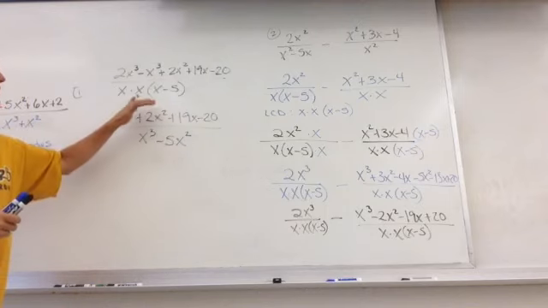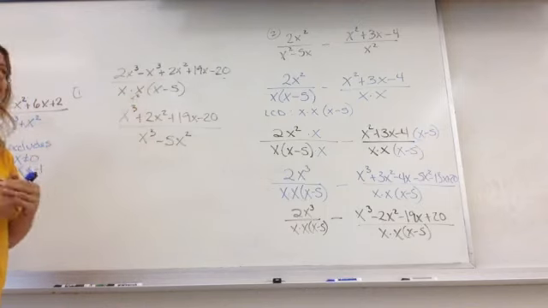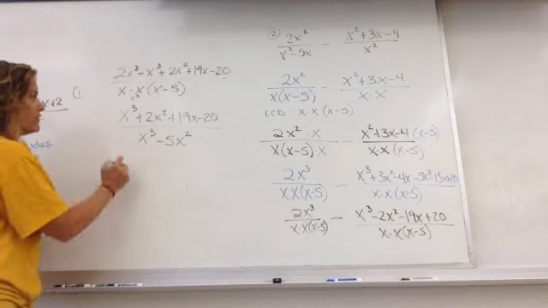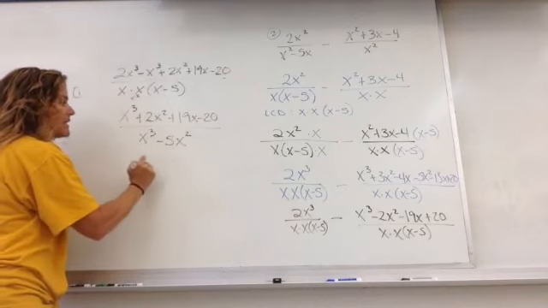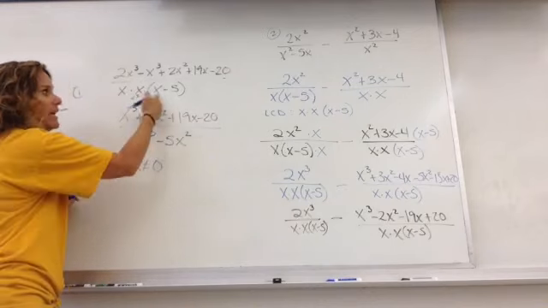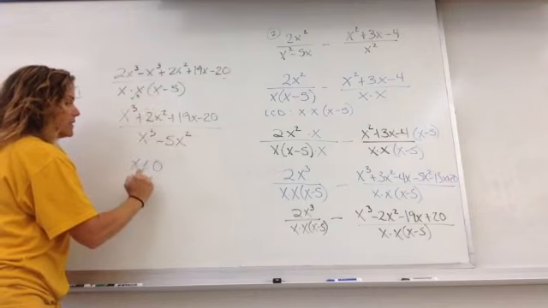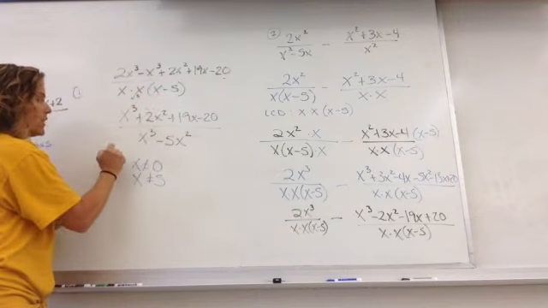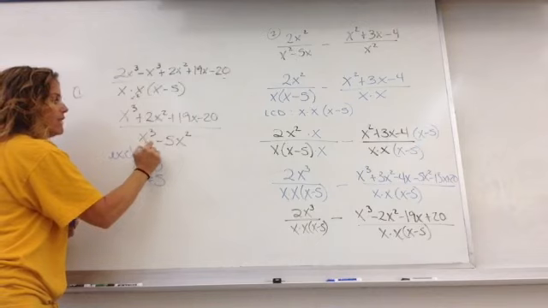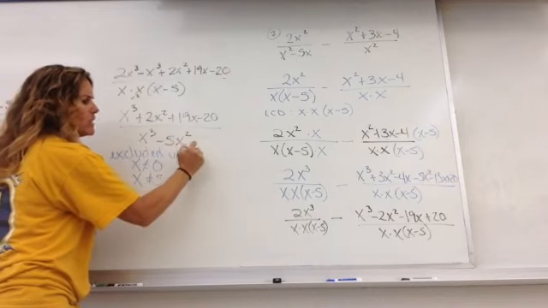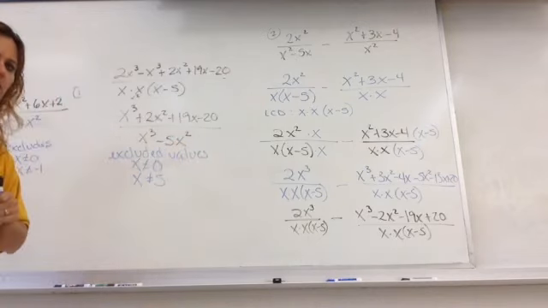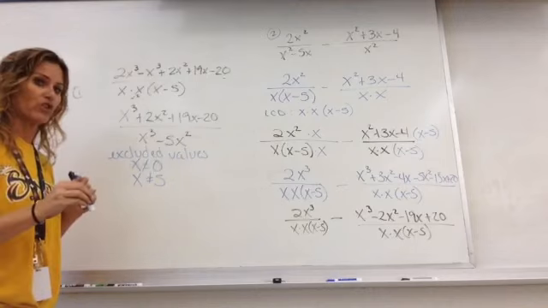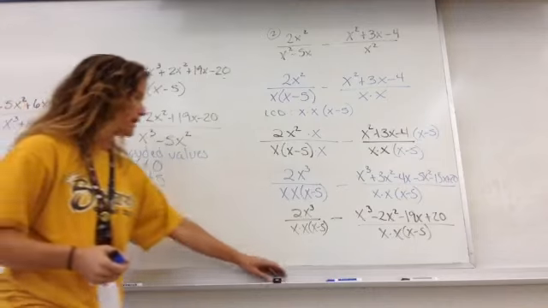I actually personally think the denominator written out this way is easier, but we still need to list our excluded values. x cannot equal 0, and if x is 5, we get 0 there. So excluded values. A lot of times you'll see them written not as excluded values, but maybe as restrictions. We'll practice more